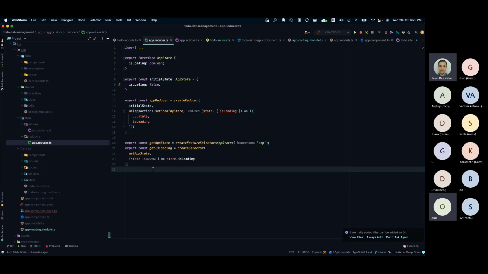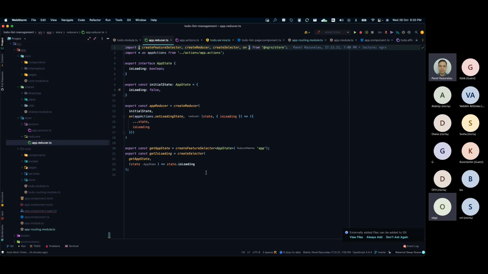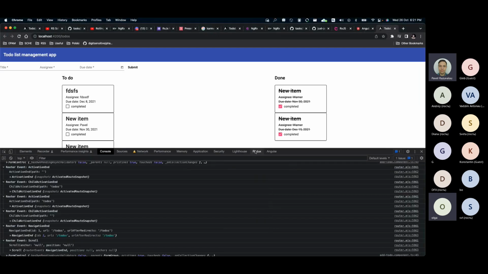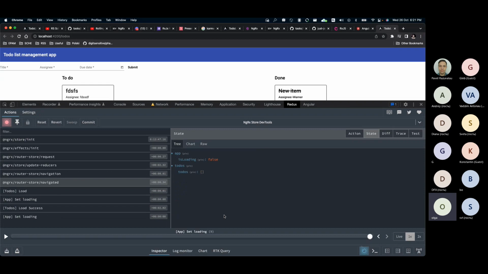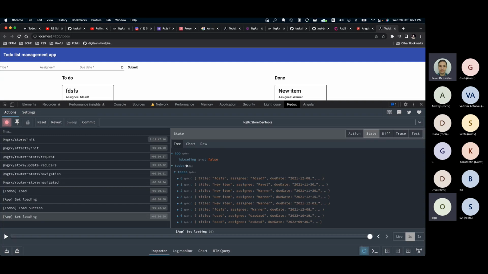Okay, so selectors. You remember that the selectors are used for getting part of the state. So instead of getting the entire state each time, you could use the NgRx selector. There is also one magic property of the selectors, I would say, which is memoization. So what does it mean? Maybe let's demonstrate in terms of the global store by showing you what we have here. In case we use a selector just to get one single property, this one,